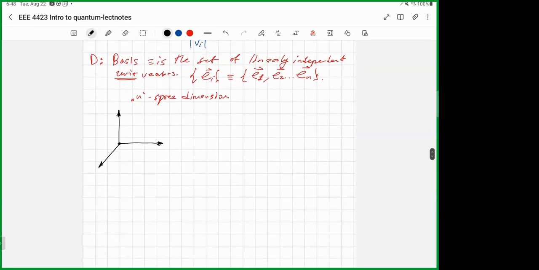Yeah, so let's consider an arbitrary space with these orthogonal vectors that are linearly independent, and these unit vectors E1, E2, E3. And let's assume that we have some arbitrary vector in this space. Let's denote it by V. So we have a vector, and we need to describe this vector. Describing this vector means,